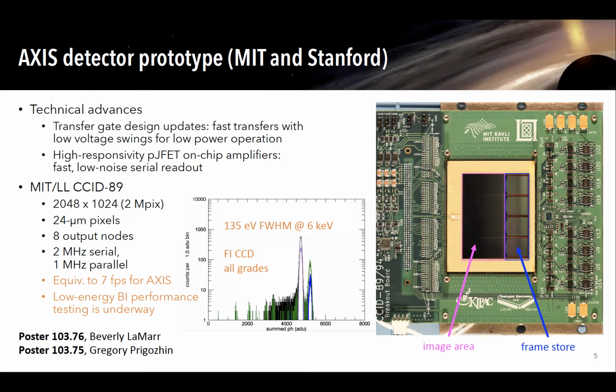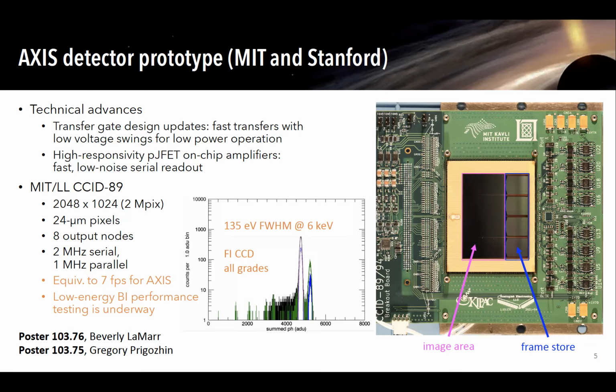Okay, and these all come down to essentially being able to transfer the charge very quickly out of the CCD. The first one is a change in the way that the transfer gates are designed. If you think about a CCD, it's this bucket-brigade charge transfer. We need to do that very quickly. I can explain this a lot more in my poster, but the new design from Lincoln allows us to do that quickly with very low voltage swings. And so we can operate at least 5 times, 20 times faster than ASIS for about the same amount of power, which is a huge breakthrough. Lincoln has also designed new on-chip amplifiers, which again allow us to read out very quickly at low noise.